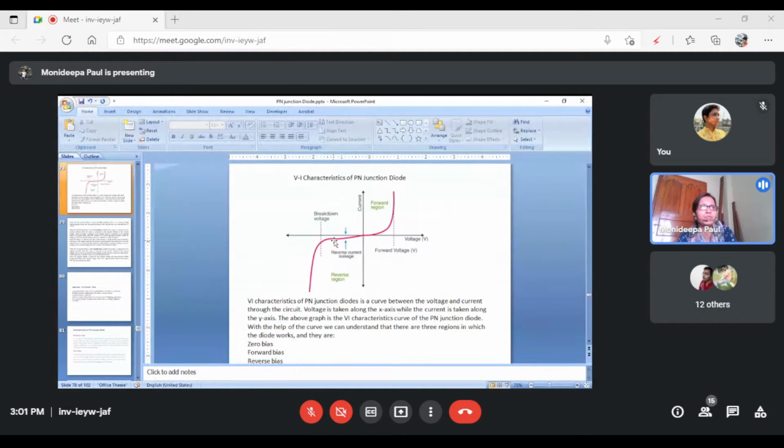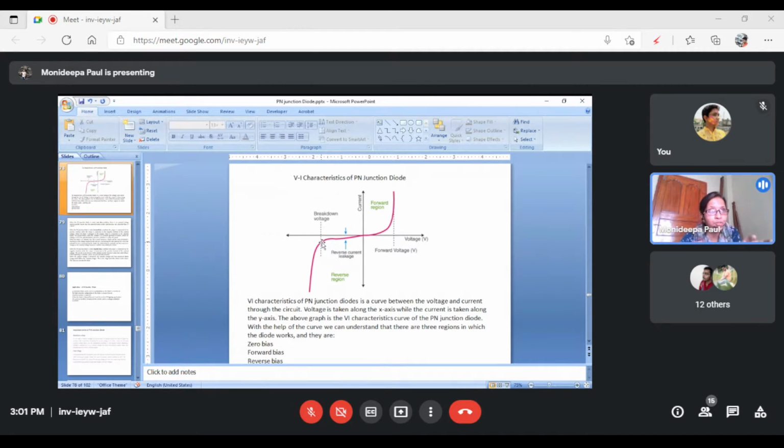But if you increase the applied voltage, total breakdown occurs. If any short circuit occurs in an electrical circuit, what happens? A large amount of current flows. Here, the same case happens. Current is flowing and is directly proportional to the voltage in the reverse direction.